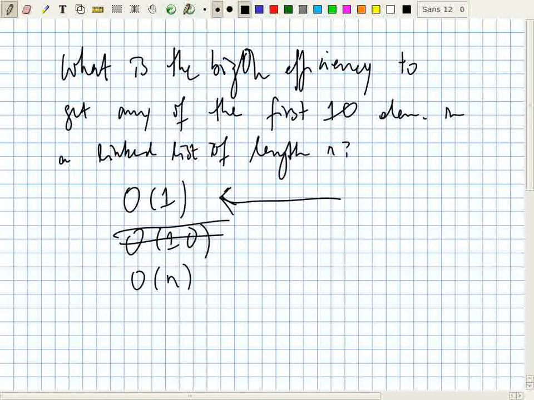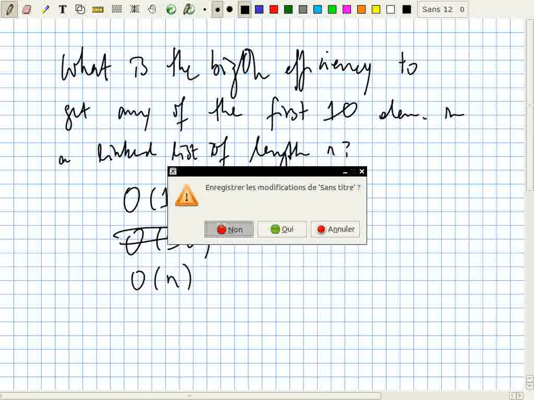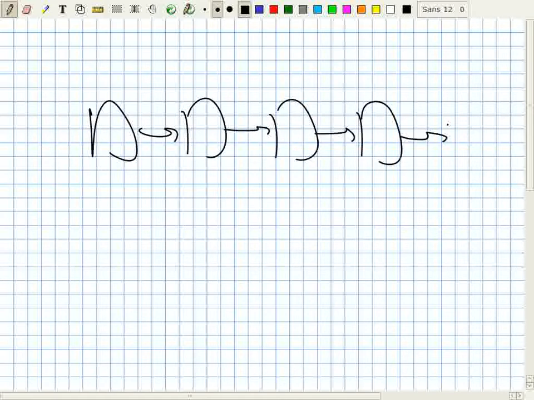Now, the other thing is, suppose you have a loop where you go through a linked list. You look at the first one, then you look at the second one. Let's say you want to sum up all of the elements in it. Then you go to the third one, and so on. So when you traverse the linked list in this linear way,